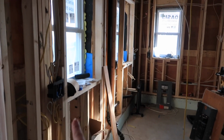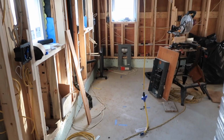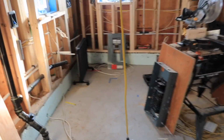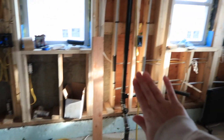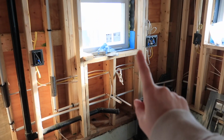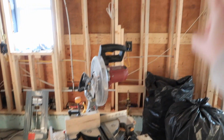So under this window is where we're going to have a peninsula that comes out, and it's going to be an area to sit and eat, because we don't have space for a dining table, or we could, but we just didn't lay it out that way because I feel like nobody ever uses their dining table. So the peninsula will come out here, and then it'll have the wall of cabinets, and our sink is going to go underneath this window. And then on this side, we will have our stove and our fridge,